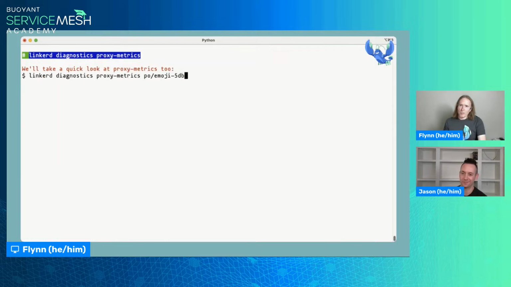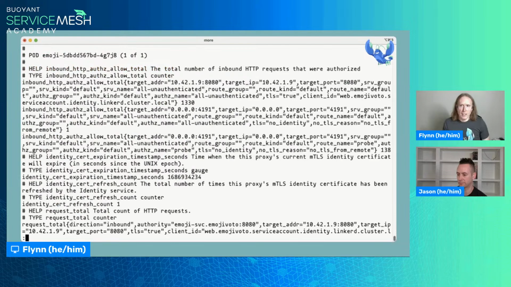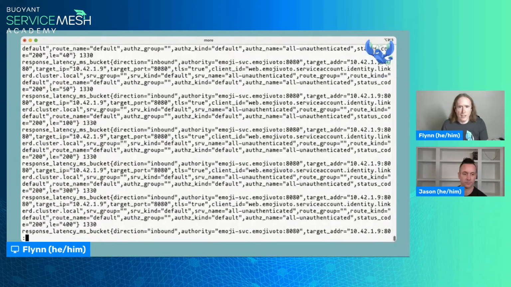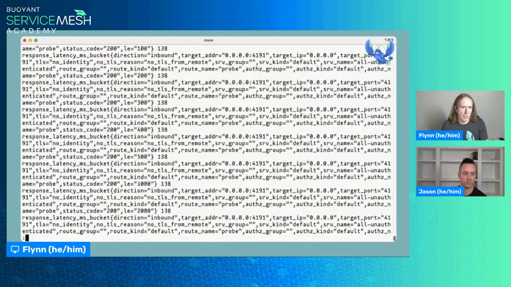We will take a quick look at proxy metrics. So this is basically saying, go directly to the pod that we found earlier for the emoji service in the emojivoto namespace, grab all the proxy metrics and spew them out on standard out. This goes on for a long time.